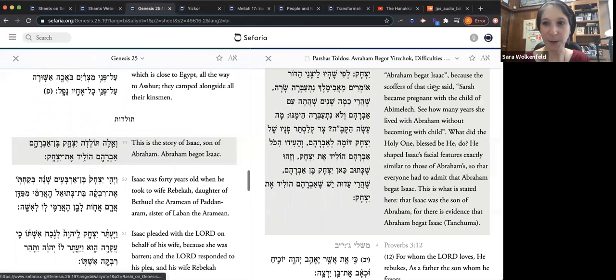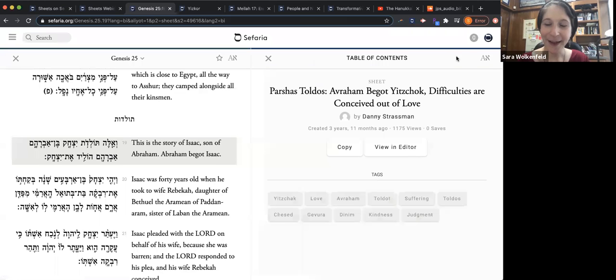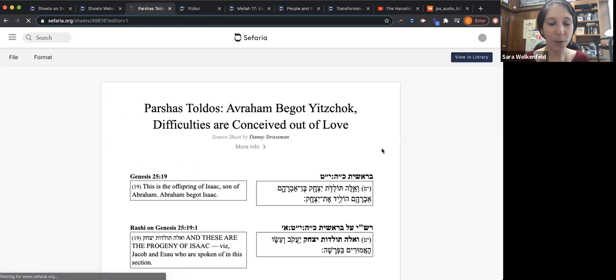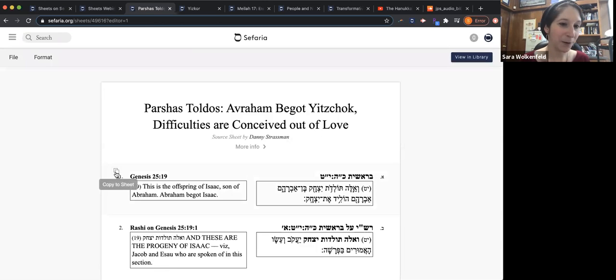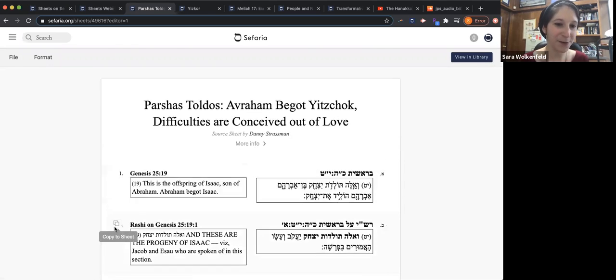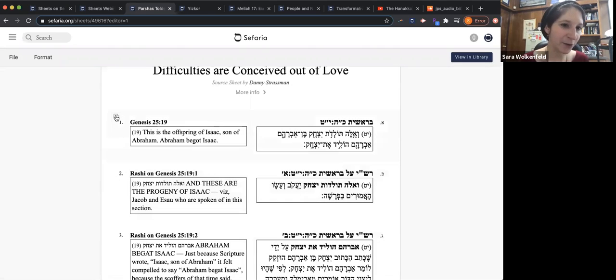The other thing that you can do with a sheet, again, if you're logged in to your account, is you can click this little down arrow up here and choose to copy the sheet, meaning I want to make my own copy that's going to appear then in my Sefaria account that I can adapt and edit as I wish. Or I can view the source sheet in the editor. If I want to copy one of these sources, it's just another way to copy another one of these sources into my source sheet. As I hover over, you get that little 2 squares image and it says copy to sheet. And that's another way to work with it.